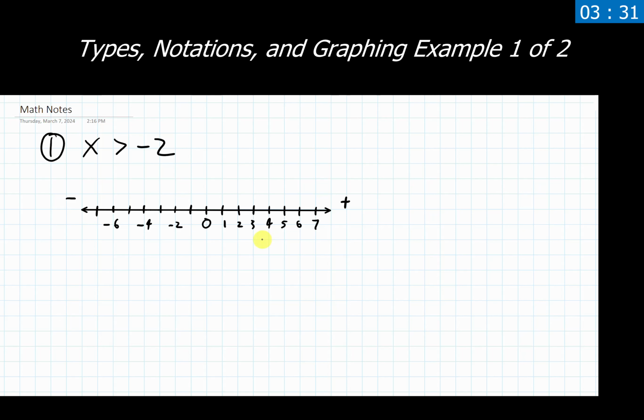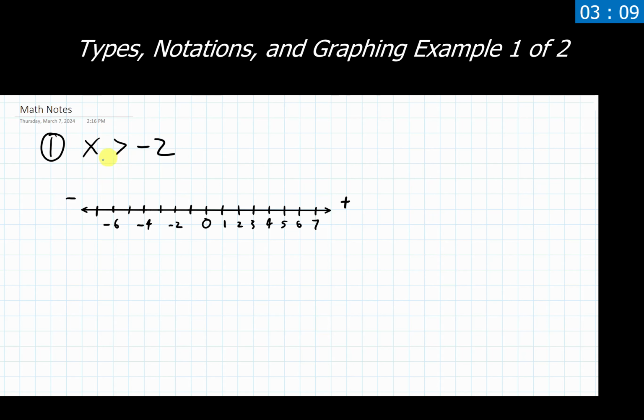Perfectly happy with these. So let's actually graph this thing. I'm going to show two ways you can graph this. Either one is perfectly acceptable. It depends on the program you're also using, if there's an online program or something like that. One or both of these may or may not be available, so just keep that in mind as you're going through and graphing these inequalities.